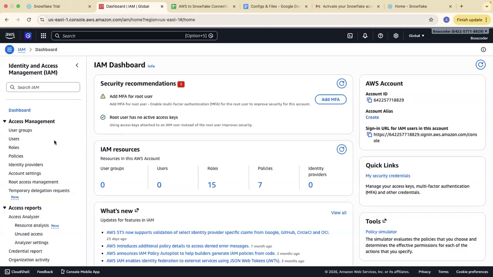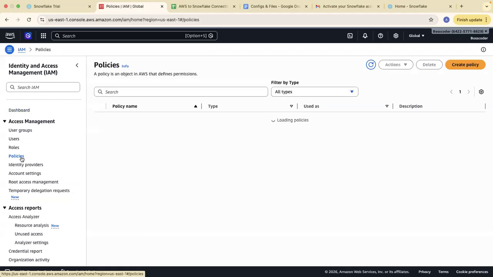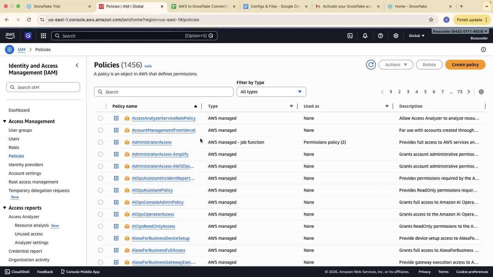So right now, we want to connect our Snowflake with our AWS account. First of all, to connect Snowflake with my AWS account, I have to create a policy. Policies are basically the kind of instructions that need to be followed for a particular role. When you create a role, you select some policies so that those policies will be your policies and you can do those things in your AWS.